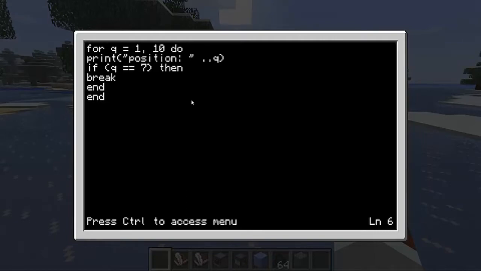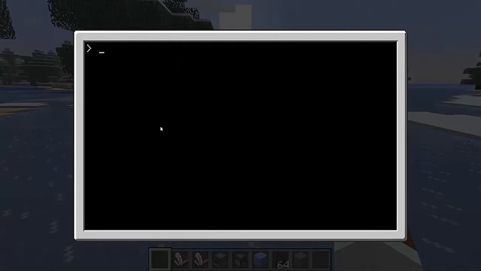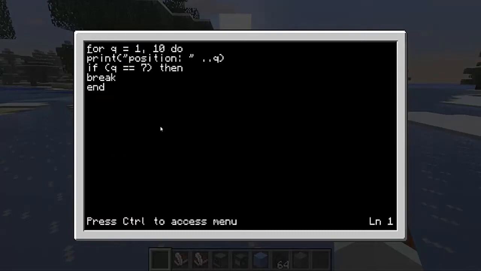Now, before I move on, as you can see here, I put 2 ends. That's because there are actually 2 different things: the if command, and then the for loop. I'm just going to show you this because I want to make this clear. You do actually need 2 ends. If you don't have 2 ends, it will break. And just to prove that this works,